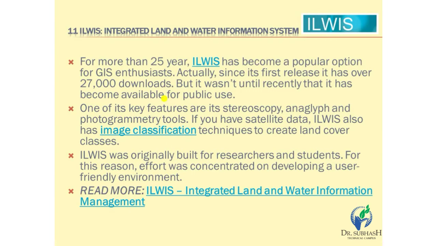One of its key features is its stereoscopy. Stereoscopy is a very important feature that we can use for comparison of objects. If we have one type of stereoscopic data available for a particular object, we can put it in and analyze all our images and know how much area that type of object covers.